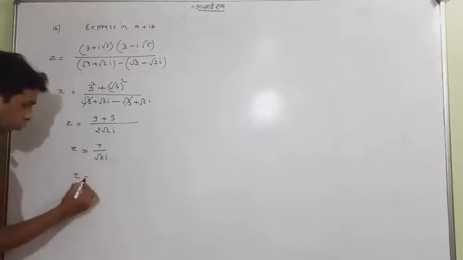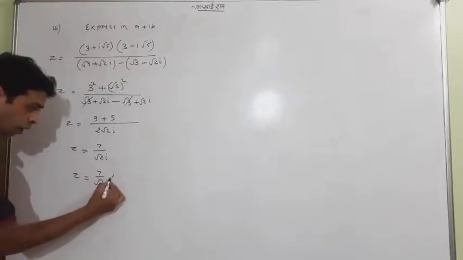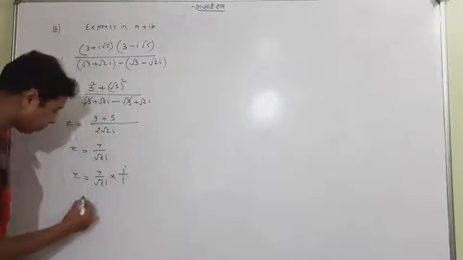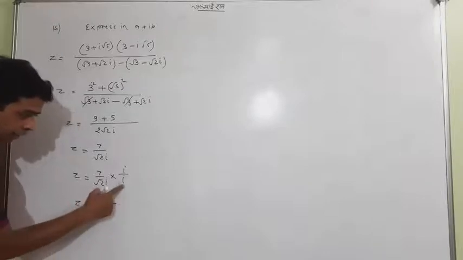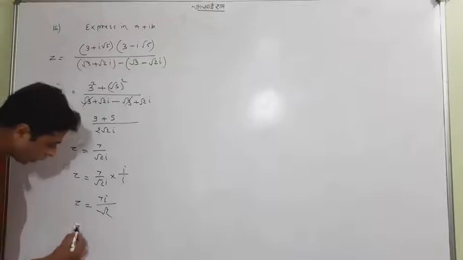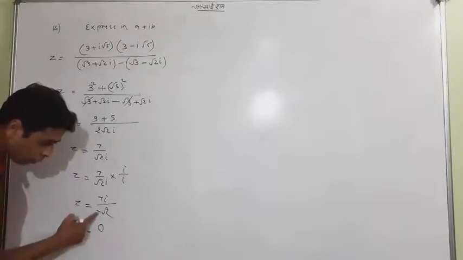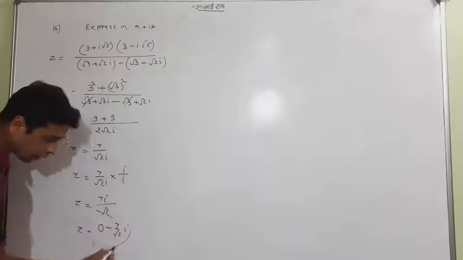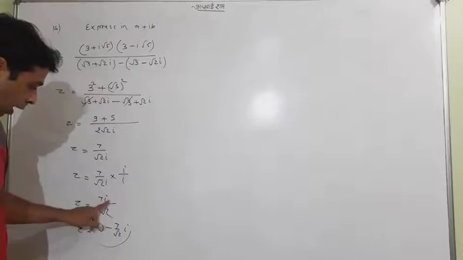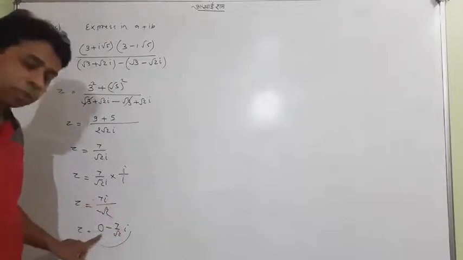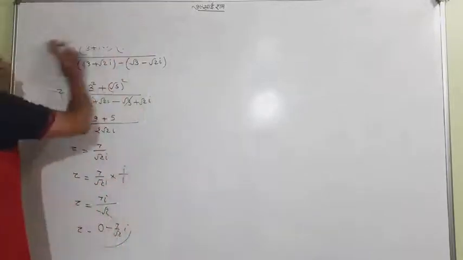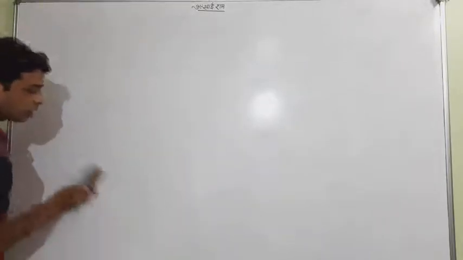And you just have to multiply and divide by i, because i is in the denominator. It is not acceptable. 7i upside, and this is i into i square, meaning minus 1, meaning minus root 2. And you have got the answer. This is 0 minus 7 by root 2 i. That's the answer. It was a negative sign, so I wrote the negative sign here. 7 by root 2 is there, i is i, and no real part, so 0 I added from my side, and this is your answer. It's very easy. Okay, now the first exercise I have done from my side, the rest is your job.